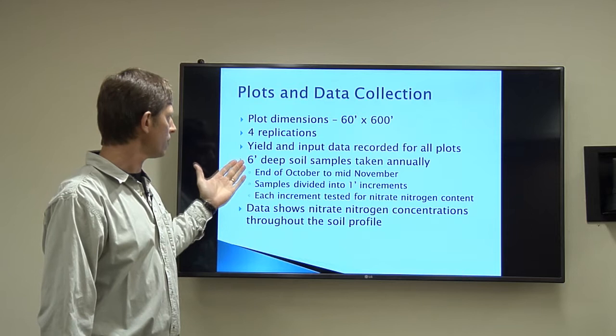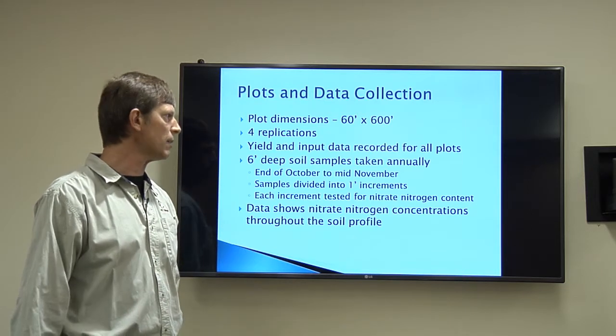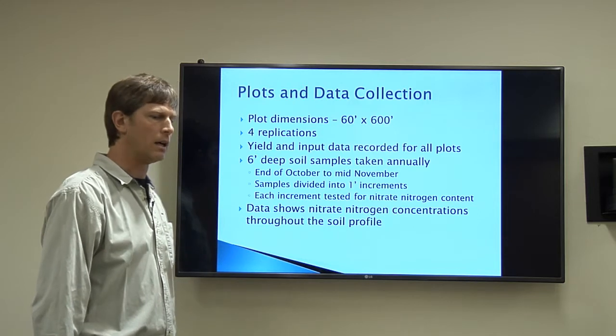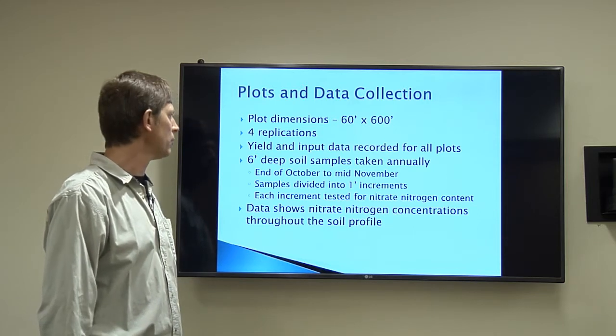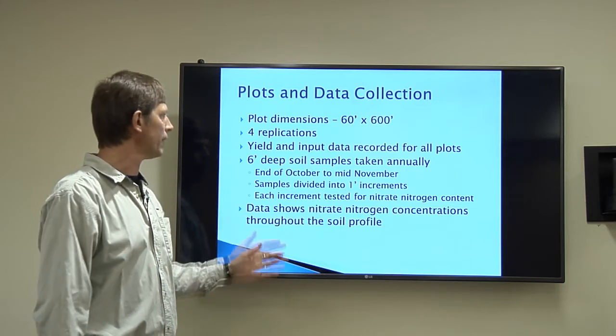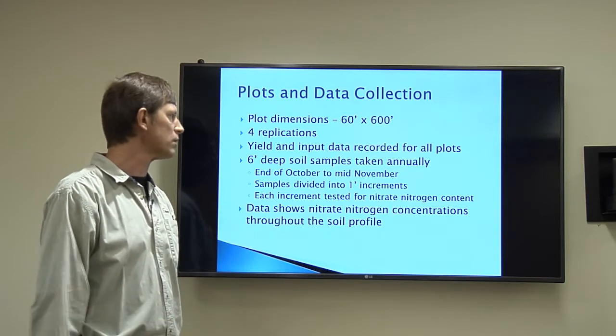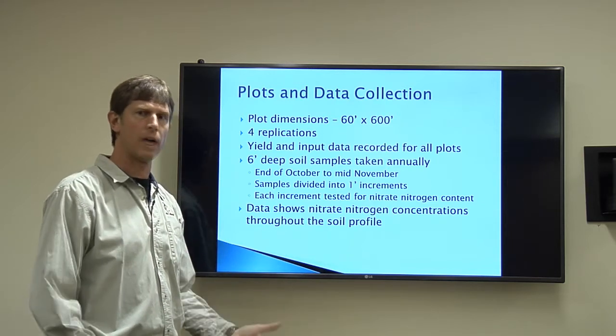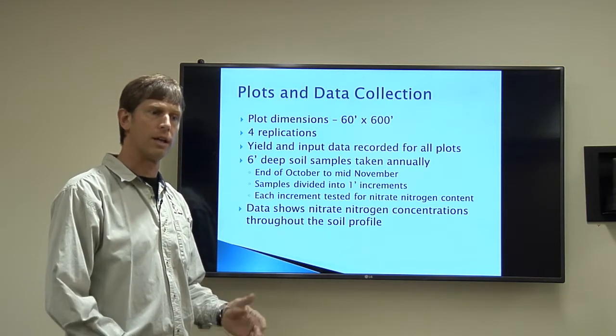Key factor here, our main point of data, was 6-foot deep soil samples that we took every fall after the crops were out. End of October to mid-November, we pulled these 6-foot deep soil samples, divided them into 1-foot increments, and then tested each of those increments for nitrate nitrogen. And that basically tells us how the nitrogen was distributed through the soil profile at the end of the cropping